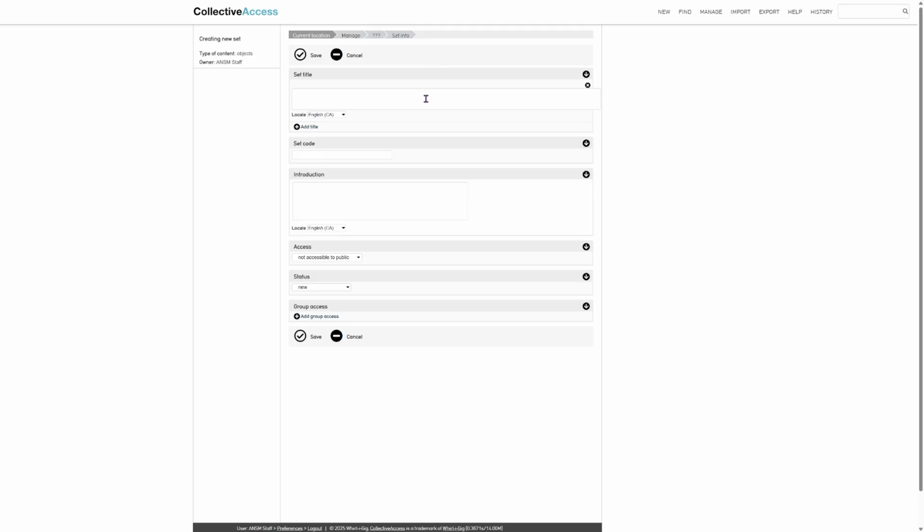We're going to assign a name in the Set Title field, and then I'll need to assign an alphanumeric code. You can describe the set in the Introduction field. You can also choose if you'd like this set to be accessible to public. If you choose Accessible to Public, this will be shown on the Featured Galleries page of NovaMuse. In that case, the information you've input into the Introduction field will display as the introduction to this new gallery